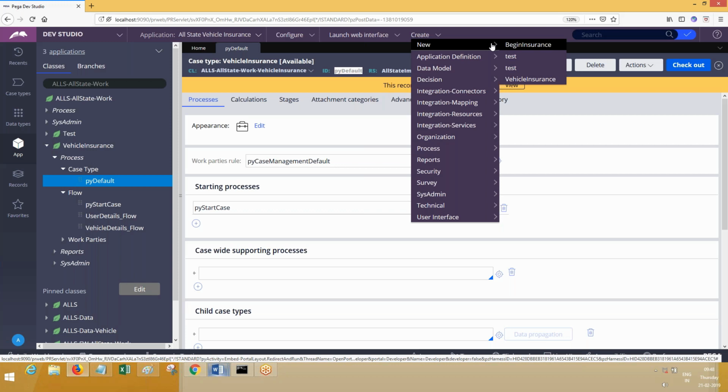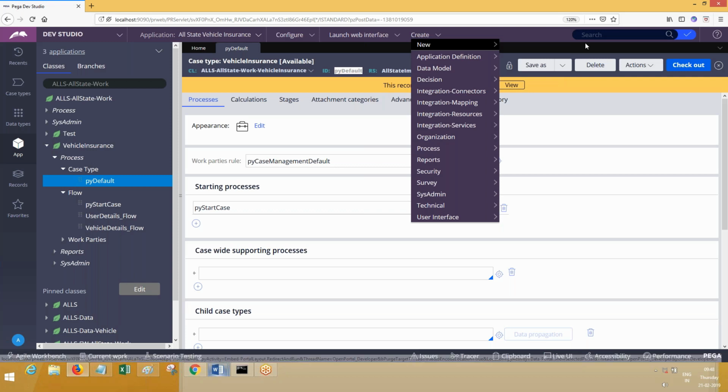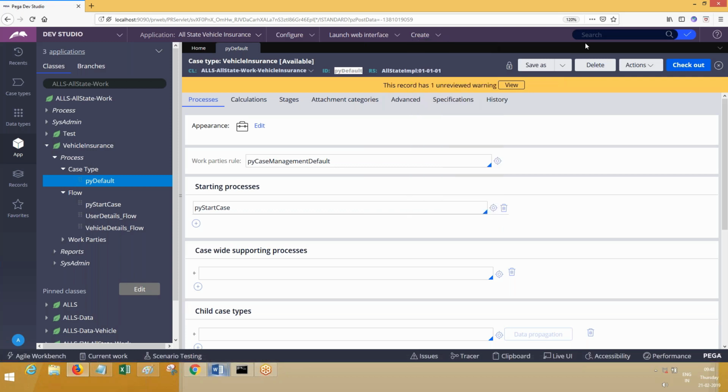Which application rule have we modified? We have done this recently. We opened the application rule form and modified it. In the application rule, which tab have we modified? Cases and data. What are the labels that we have modified? The modifications we have done, right? What are the exact labels?